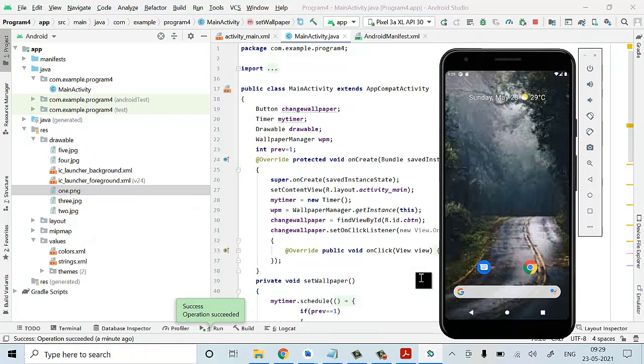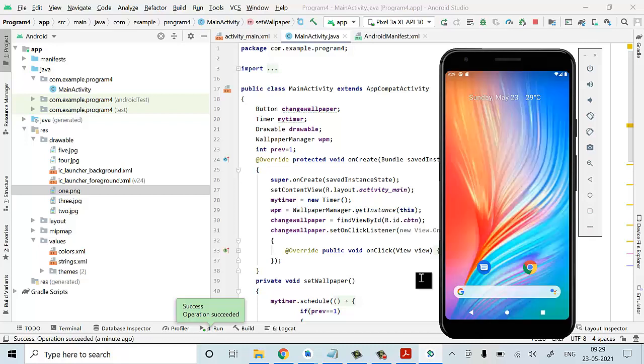See, again it will wait for 30 seconds and then change to another wallpaper. See, this is another wallpaper. This is how it is going to change every 30 seconds.